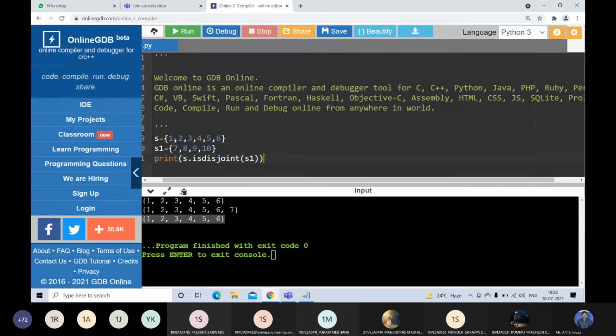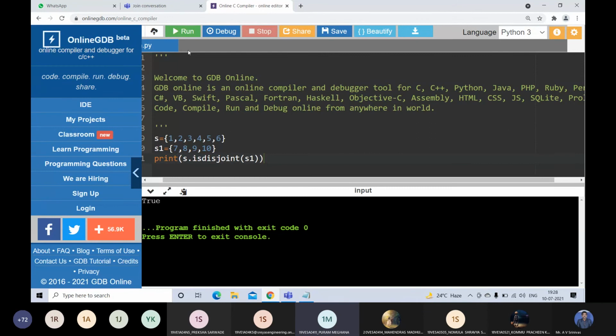Is there any common element in S and S1? No, sir. That's why we get the true value here, because these two are disjoint sets.